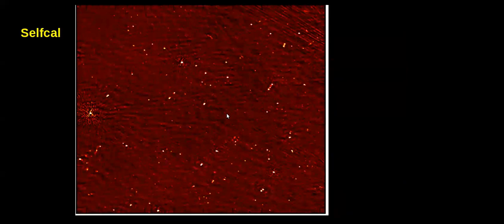So before self calibration, you see that there are lots of artifacts and the RMS is huge. We are not able to see most of the sources since the SNR is low. However, after the 9 cycles of self calibration, we get a great improvement, right? You should appreciate that the self calibration works in this case.